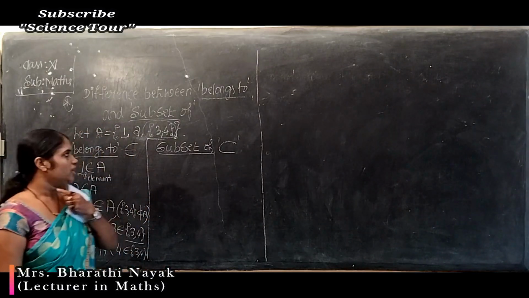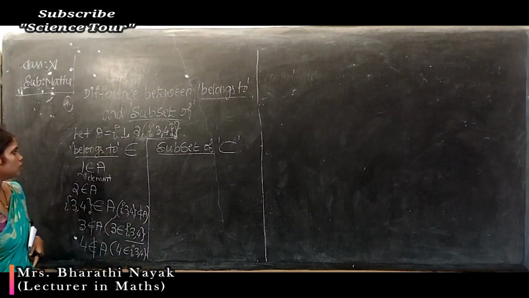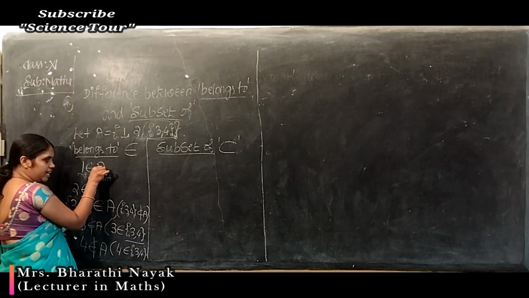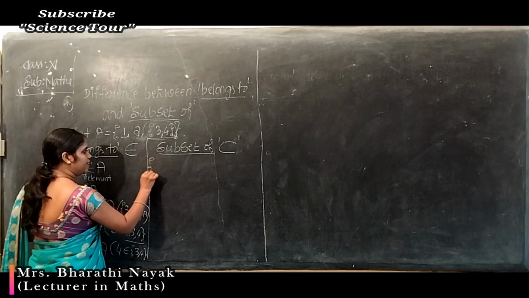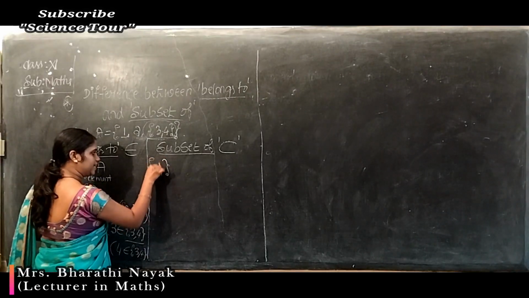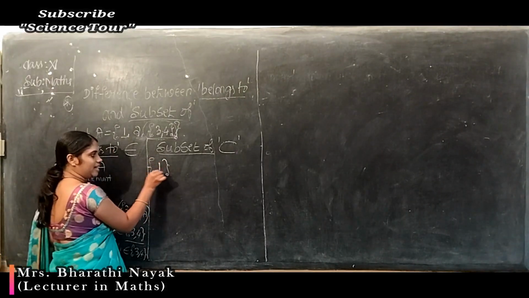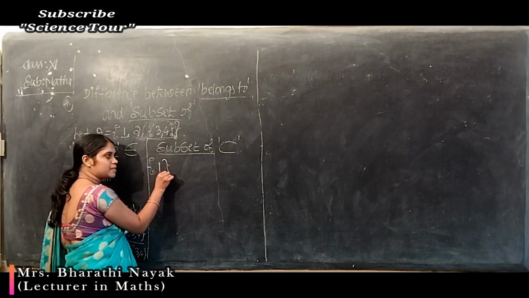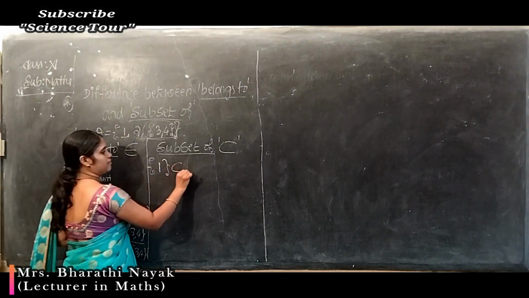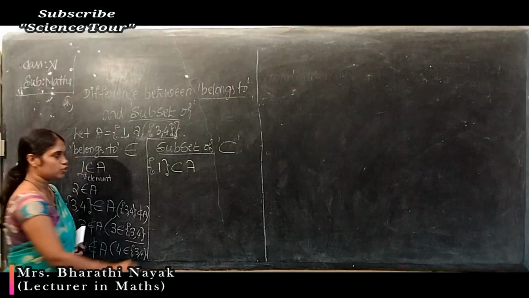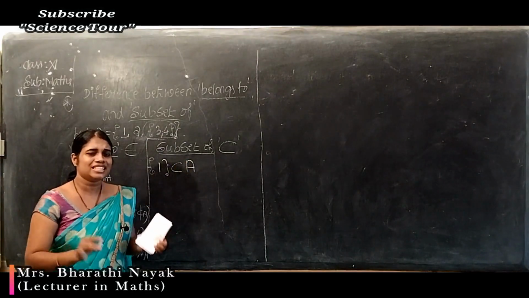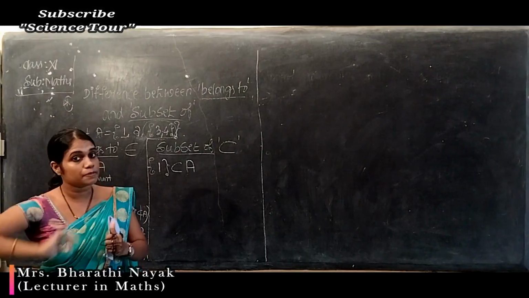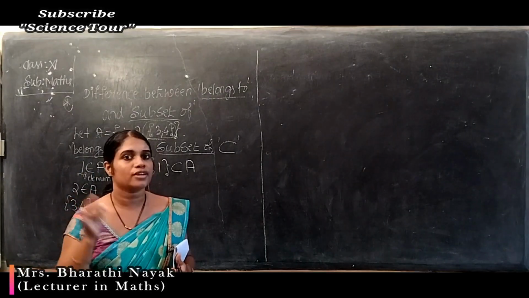So here, 1 belongs to A is given; 1 is an element. If I take flower brackets around that element 1, then it becomes a subset of the given set A. Understood? What is the meaning of subset? The name itself indicates it is a part of a set. Subset means a part of a set.